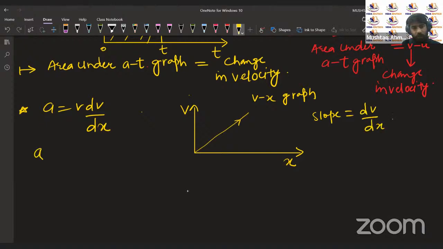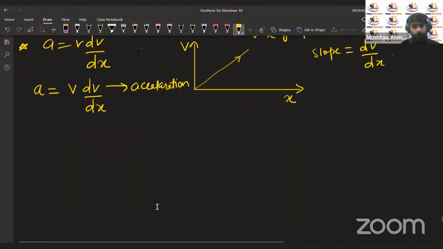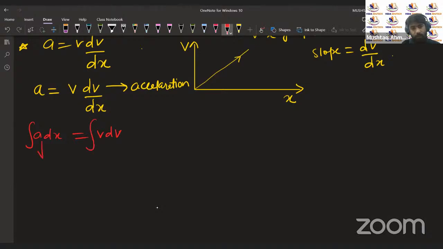So it means that if we multiply velocity with the slope of the Vx graph, that will also give us the acceleration, right? Or we can say that if we take dx to the left-hand side, it will be a dx equal to v dv. If we integrate it on both sides, it means this represents the area under